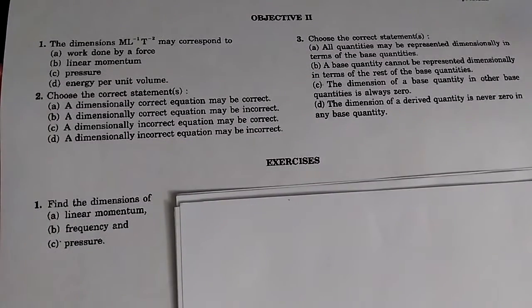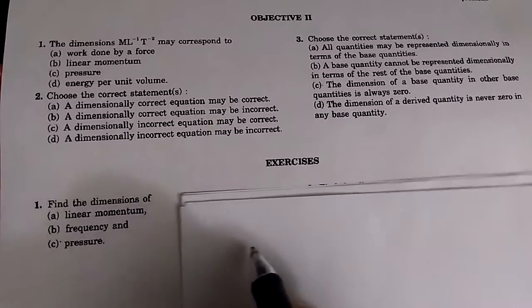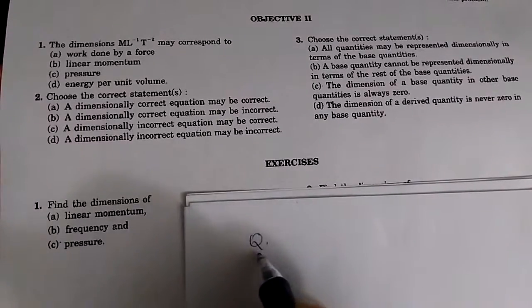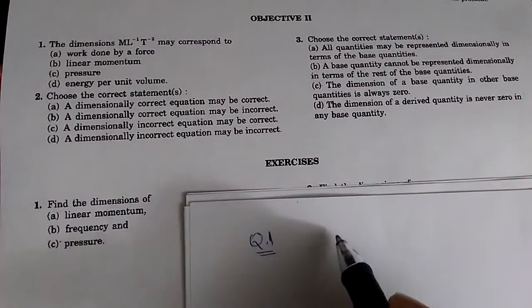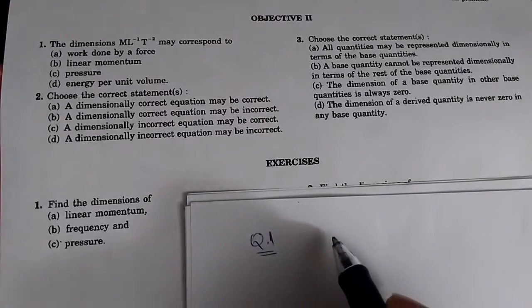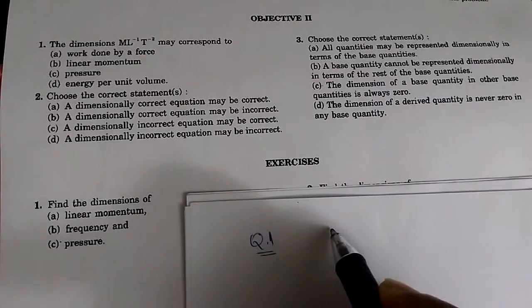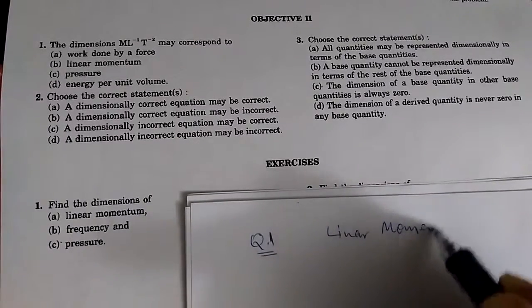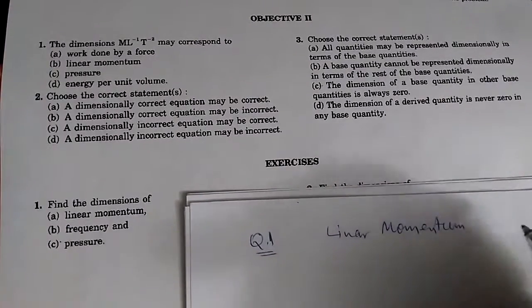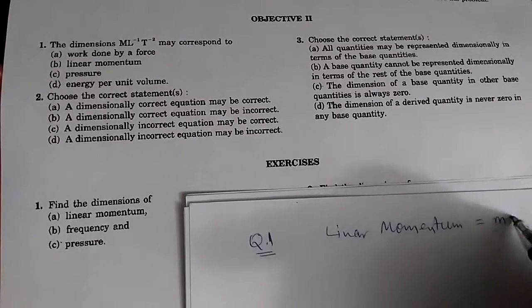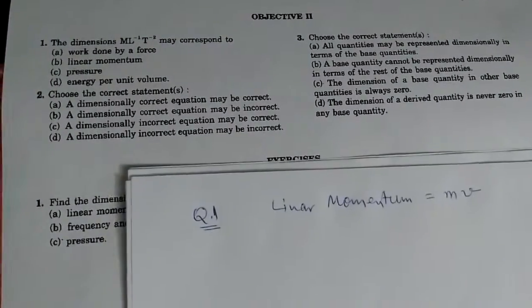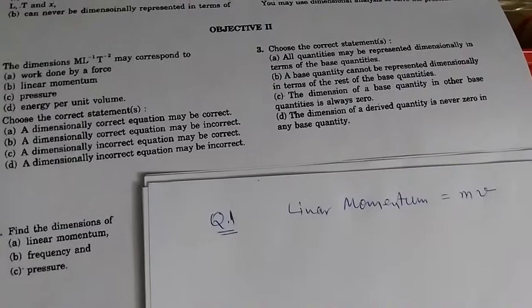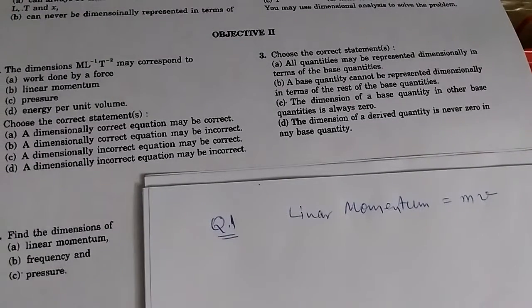In all the dimensions problems, we first need to find out the formula for it. So the linear momentum is defined as mass into velocity, and then we need to express everything in terms of the mass, length, and